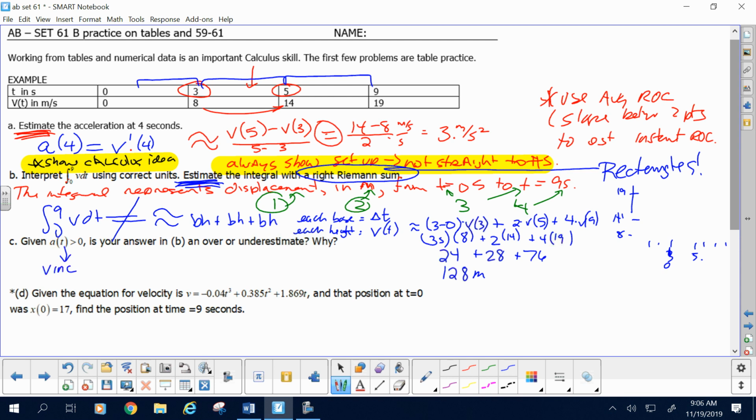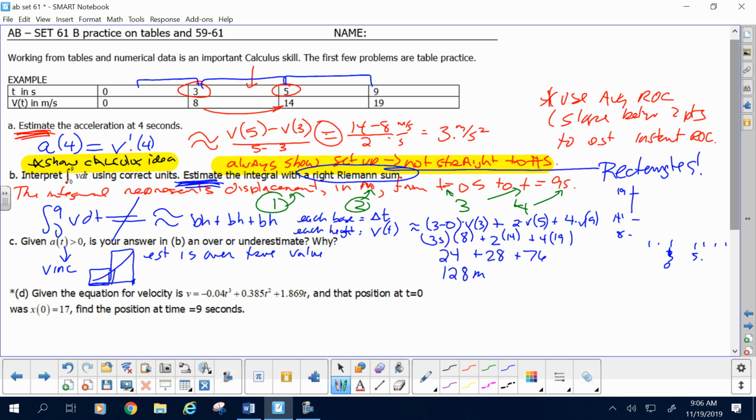If you have an increasing function and you use right rectangles, then am I not going to be using the biggest height in the subinterval? So if V is increasing, right rectangles will overestimate. You will say my estimate is over the true value